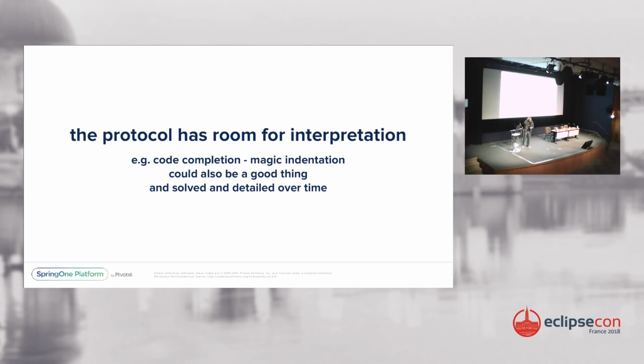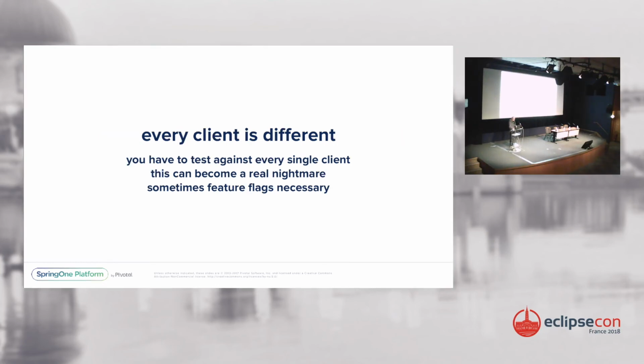So we ended up, honestly, implementing some kind of feature flags for that, so that the language server is sort of aware of the client and can deal with these different behaviors of the client, which is another really bad part, an ugly part, because every client is slightly different, you end up testing every client